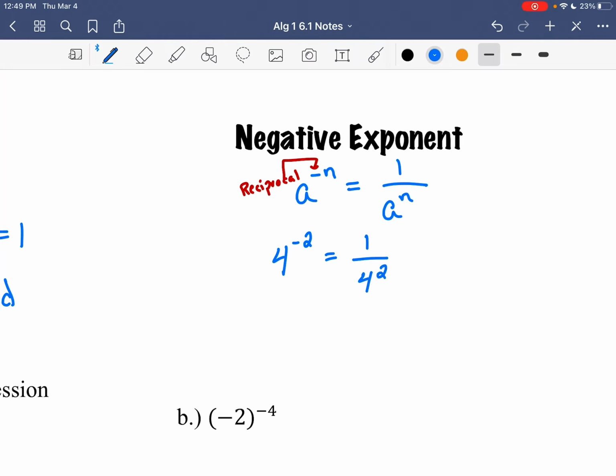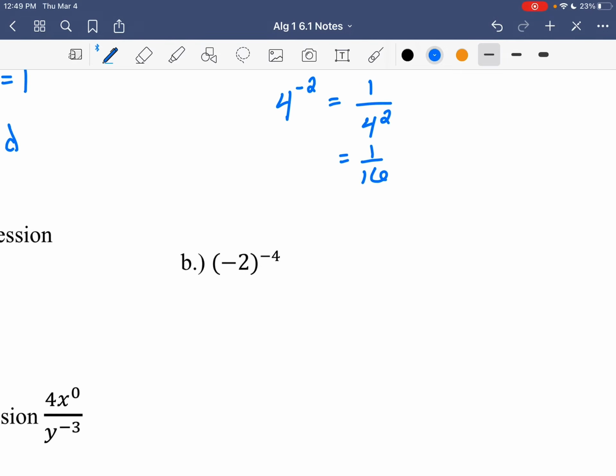4 to the second is 4 times 4, which is 16, so this is equivalent to 1 over 16. Okay, so these are all equal. We like to simplify negative exponents until we don't have a negative exponent anymore. Okay. So on this example, if we want to